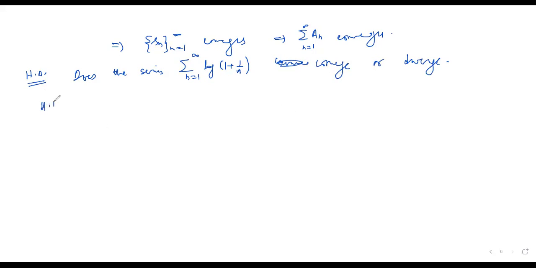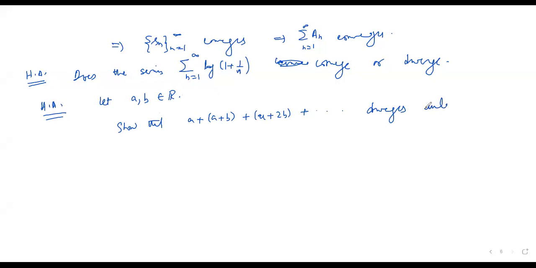एक और हम कर सकते हैं, चलो एक और होम असाइनमेंट हमारे सिंपल है। Now let a, b be any two real numbers. Now show that a plus b plus a plus 2b plus so on and so forth diverges unless a is equal to b is equal to 0. क्योंकि अगर ये a और b दोनों 0 है, फिर तो ऑफकोर्स इट इज 0 plus 0 plus 0, so it must converge करे, अदरवाइज ये कन्वर्ज नहीं करेगी। So ये भी इजी ही होना चाहिए।